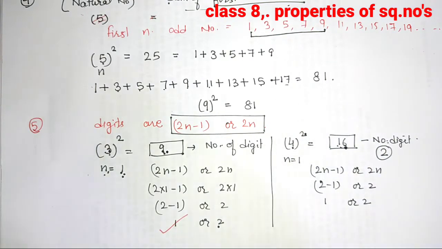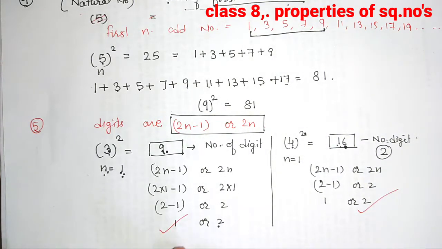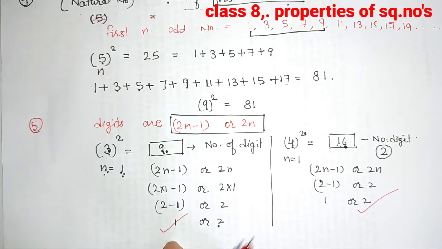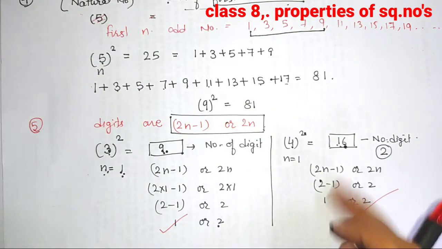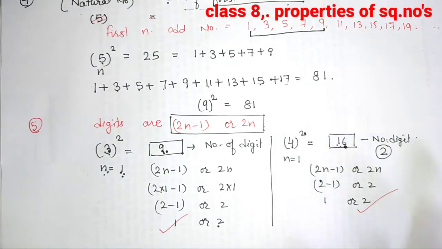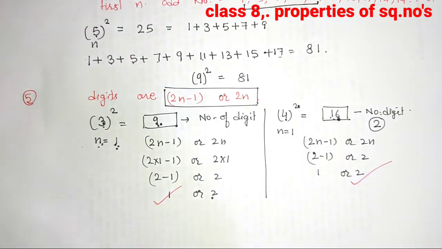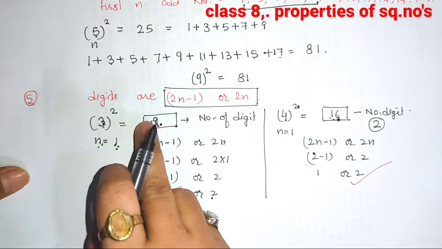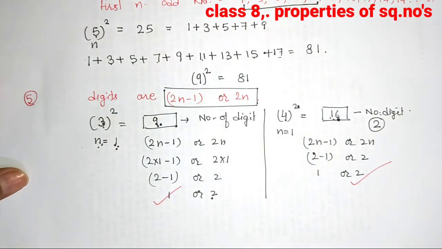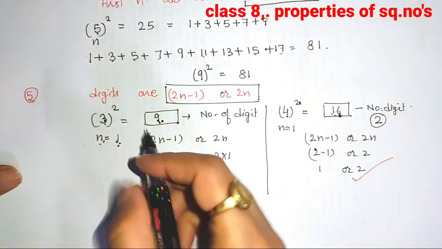So in this case our 2 is okay. That's why we always write two numbers, 1 or 2. Sometimes it may be 1, sometimes it may be 2. Now do one example and you will see how useful this is. You know the squares of 3 and 4, and you can easily tell the number of digits present in the square of these.